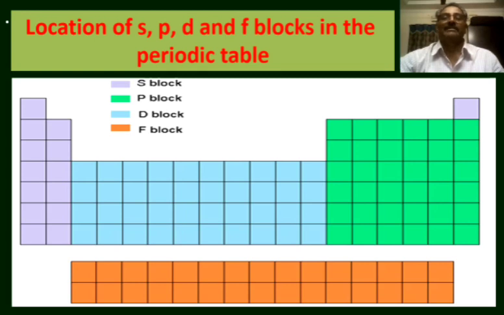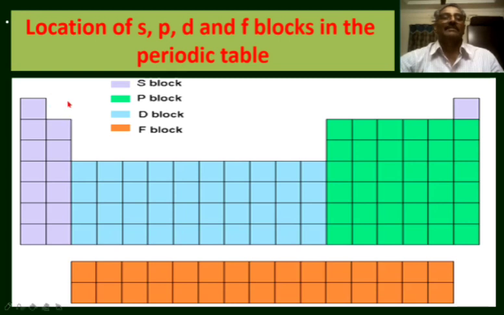In the periodic table, the elements are divided into four blocks. The elements in the first two columns, that is the 1A group elements and 2A group elements, the first group and second group elements, are said to be the s block elements. The elements belonging to 1A are hydrogen, lithium, sodium, potassium, rubidium, cesium, and francium. In all these elements, the valence electronic configuration is ns1, where n is the valence shell.